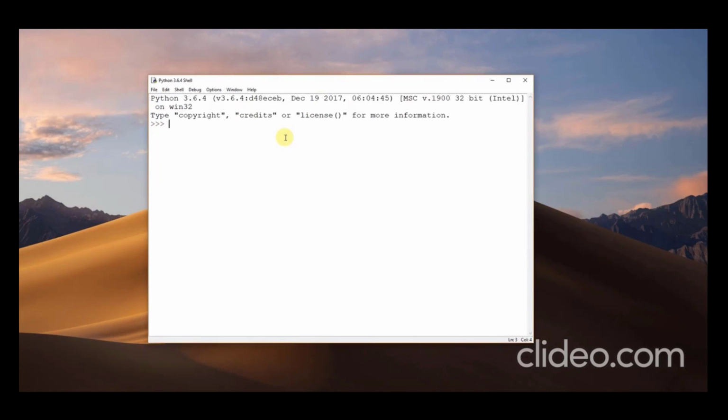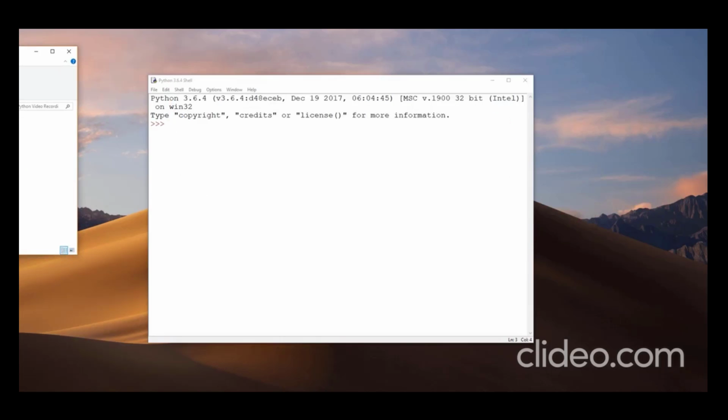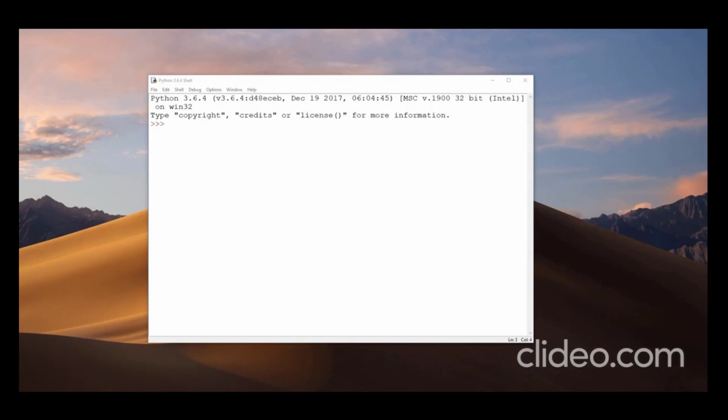So here also we can just write our code. Now let me show you how we can write the code in the Python shell. Here I can create one print statement, and I'll say hello world, and close this.